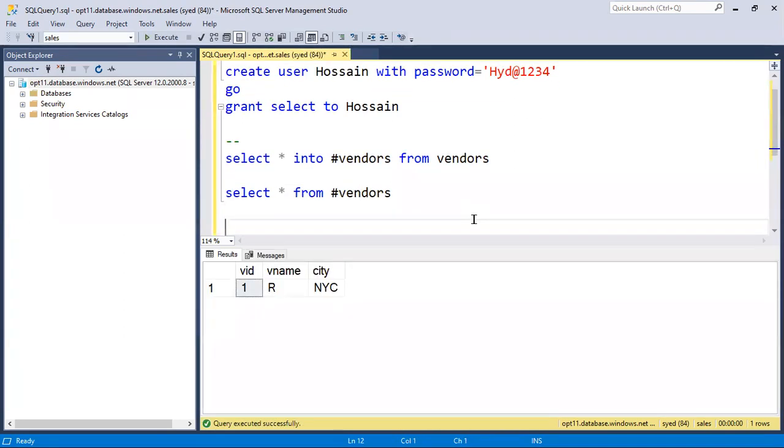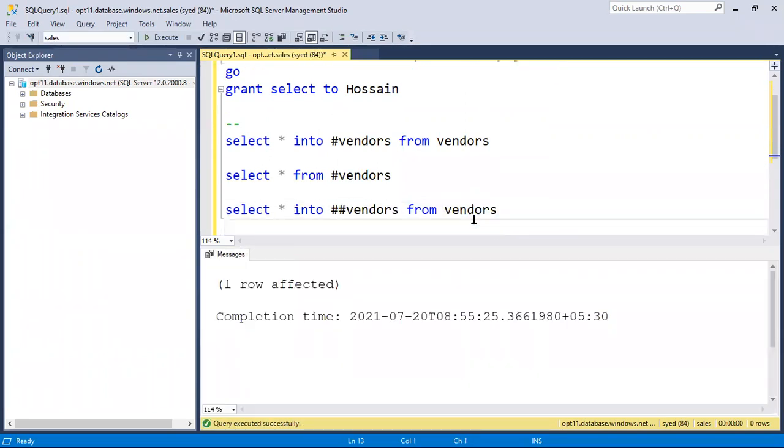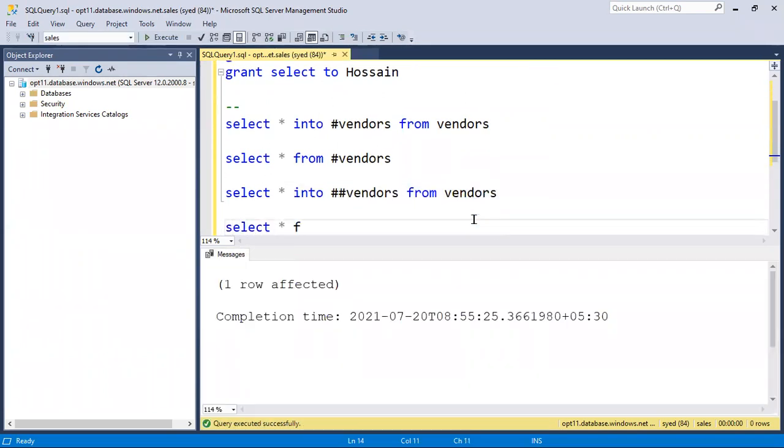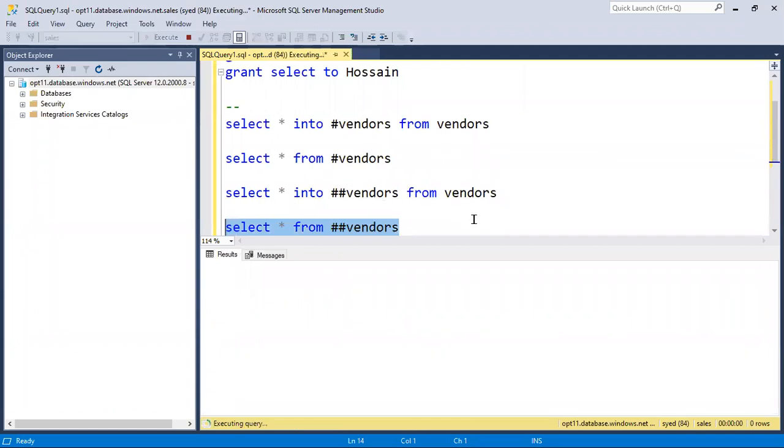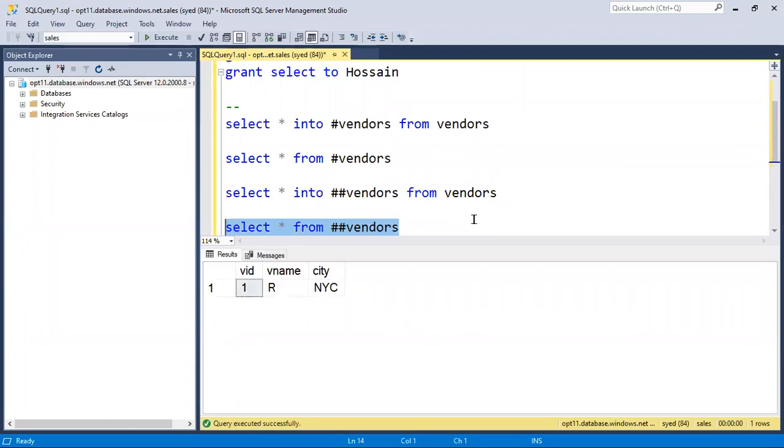Whereas if I try to create a global temporary table here, check here. Okay, working fine.